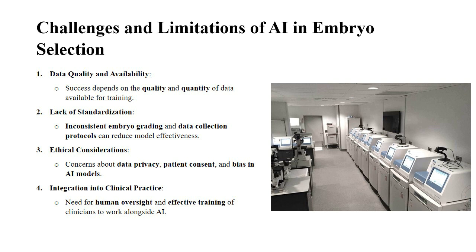Bias in data. If the training data used to develop AI models is biased, e.g., based on specific ethnic groups or age ranges, the predictions may not be as accurate for all patients. Transparency and accountability. There needs to be transparency in how AI-driven algorithms are trained and implemented. Patients should understand how the technology works and how their data is being used. Data privacy. The use of patient data for AI models raises concerns about data security and privacy. Robust systems must be in place to ensure that patient confidentiality is maintained.